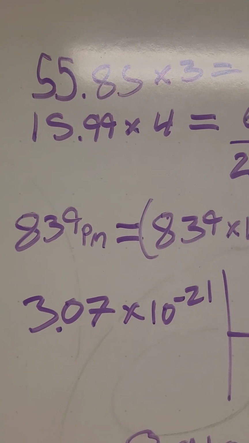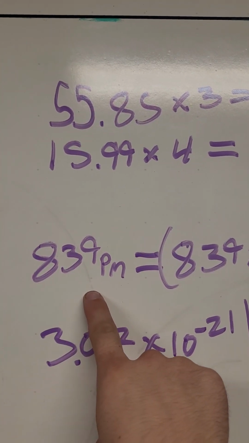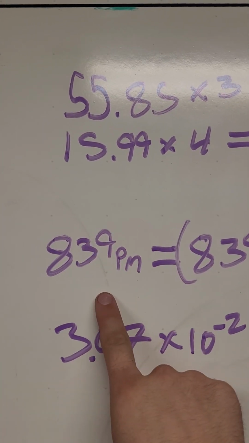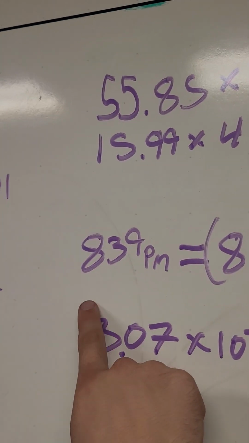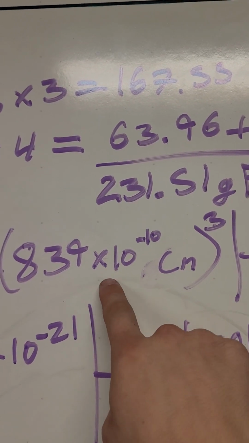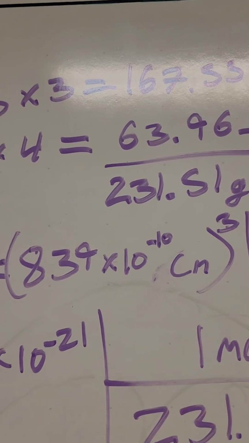The other piece of given information that I did not write down over there is that one side length is equal to 839 picometers. This is going to give us our volume. From here, we convert picometers into centimeters using 10 to the negative 10th. And then in order to get the volume of a cube